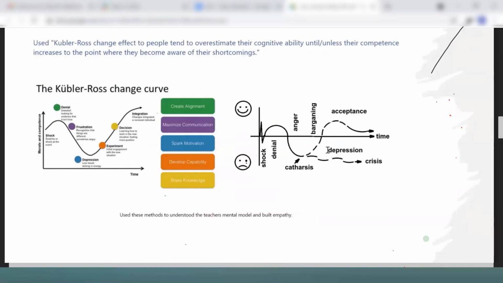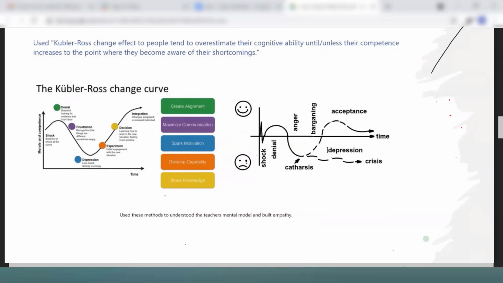So why are we understanding this? We are just understanding the deeper level mental model of the teachers, and to build the empathy for that. Let's say, if you talk the same language that teachers talk about, especially in India, like you have a government, it's very difficult to make them convinced.